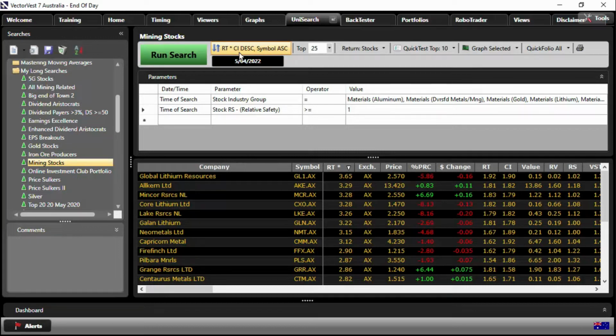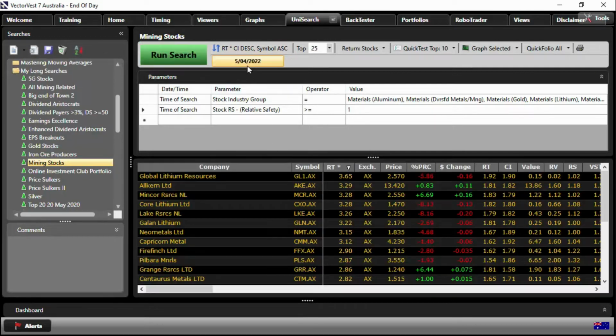It's going to find good upward momentum. Relative timing is short-term price momentum, so if you're seeing an RT score coming up, it's telling us it's got good momentum. RT is on a scale of 0 to 2. A high CI score, also on a scale of 0 to 2, tells us it's a stock testing higher and higher highs and resisting severe and/or lengthy declines in price. So if you put the two together, you effectively are picking up on momentum.